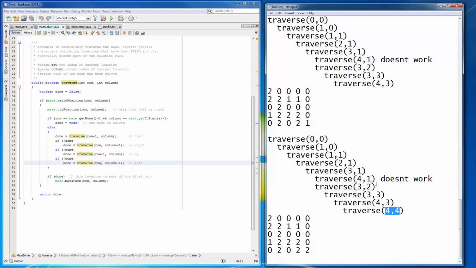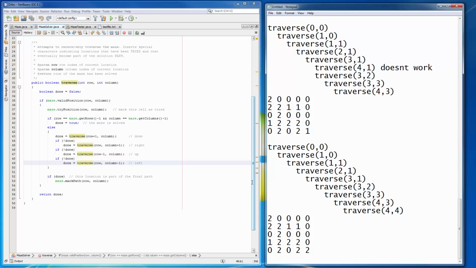Now, over here, I do actually have still this 4, 1, which was a space I shouldn't have moved to. It was a dead end. But because of the way the algorithm is set up, this thing basically just disappears. So I could actually even delete this line, and that'll give me my exact trace. So this is now somehow a list of all of the places I visited to get from the beginning